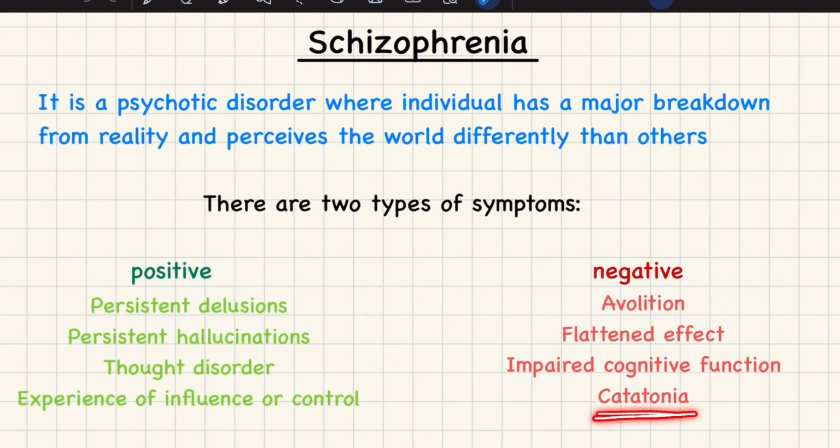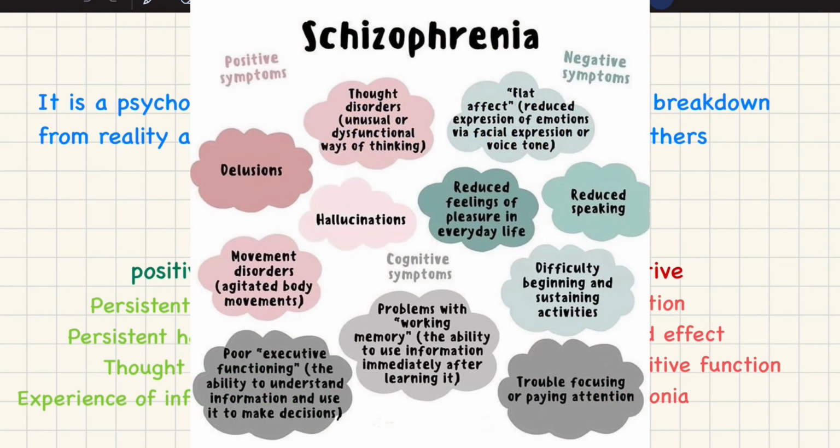Catatonia refers to lack of movement and speech, meaning a schizophrenic person might sit in one place for a very long time, and they might not initiate conversations, speak very little, such as introverted people that do not talk a lot. So they might stay quiet for longer periods of time and not interact with people. It can also lead to social withdrawal, meaning completely shutting yourself off from other people. So these are the two types of symptoms of schizophrenia. The positive ones are the main symptoms. Here is another picture which shows the symptoms of schizophrenia.